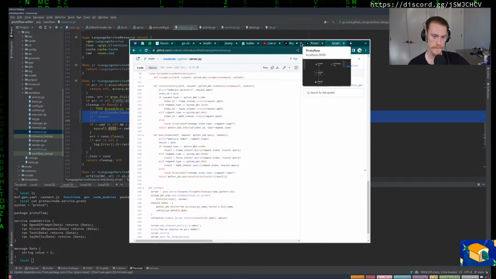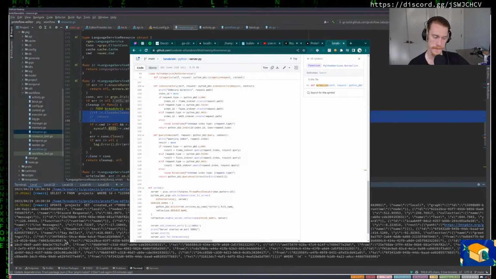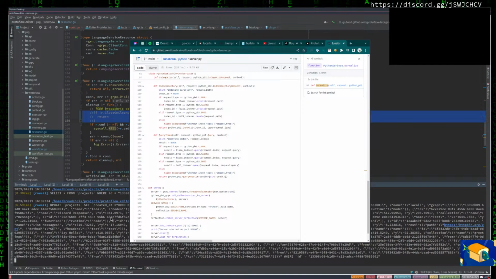Now, Protoflow, this thing that runs, it's all written in Go, so it doesn't know about Python. But what it